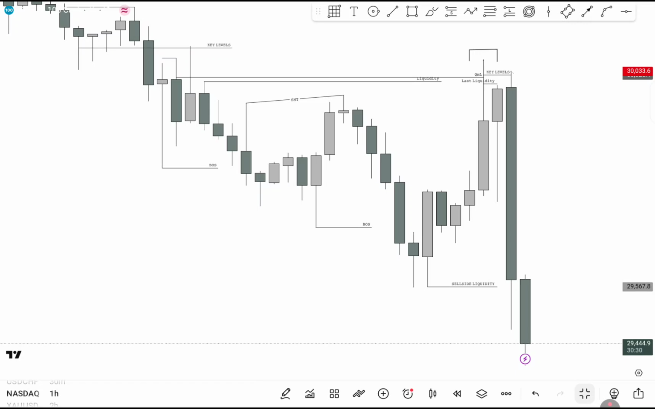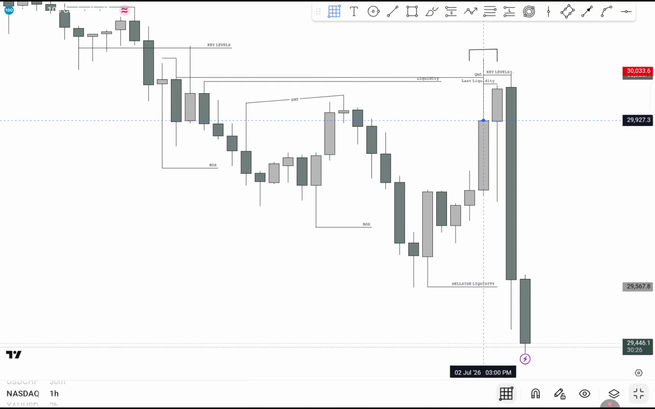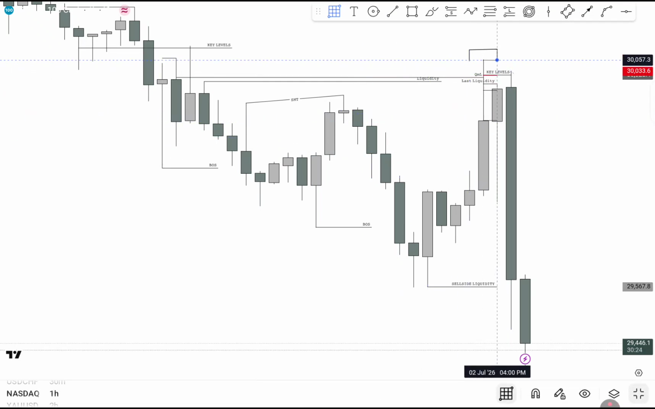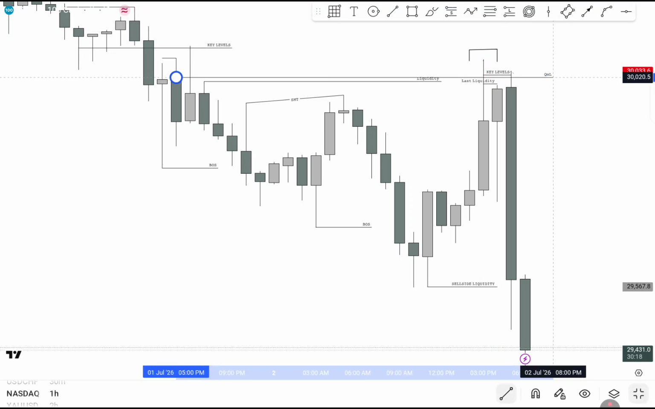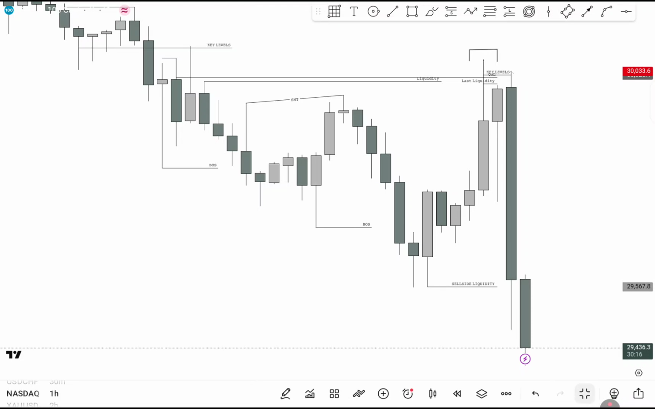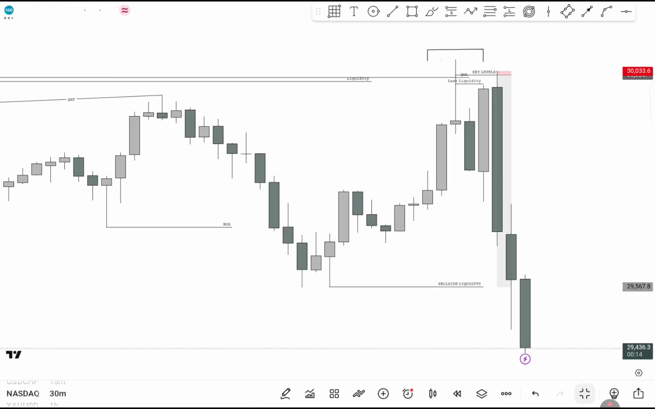Okay, CE level for my entry. That's why you see I came here, used my CE 50%. You can see over there, and it was aligning perfectly with my QML over there. Okay, that's what we're looking at. So this right here, this QML was in line with my CE 50%, and then that's where I decided to